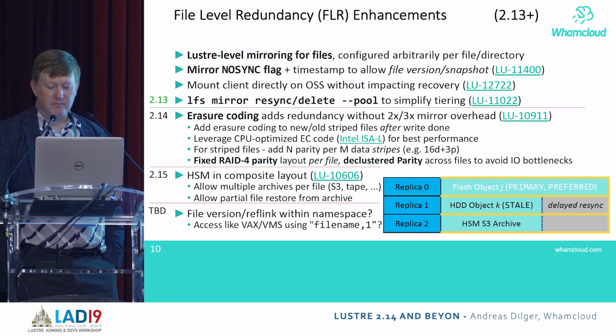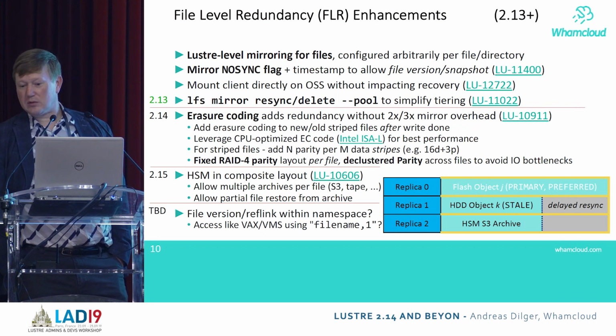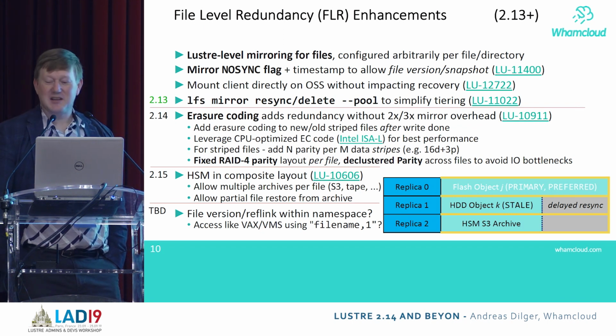And HSM. Right now we have sort of separate layouts for PFL and FLR. So what we'd like to do is integrate the HSM component as part of mirrored files so that you can do things like partial archive and restore for files onto tape or S3 archives, and you can have multiple archives in a single file. I think it's going to provide us again a combinatorial